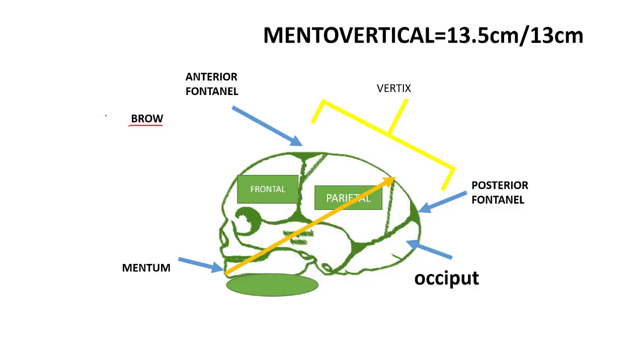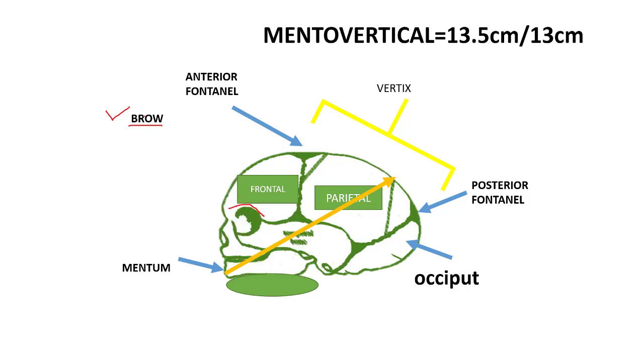So first, what is the brow presentation? First, what is the brow? Brow is the area between the anterior fontanelle till the glabella. Glabella is a smooth bony part between the eyebrows, or between the supraorbital ridges. On the supraorbital ridges, eyebrows are present, right? So this whole area makes the brow or the forehead.